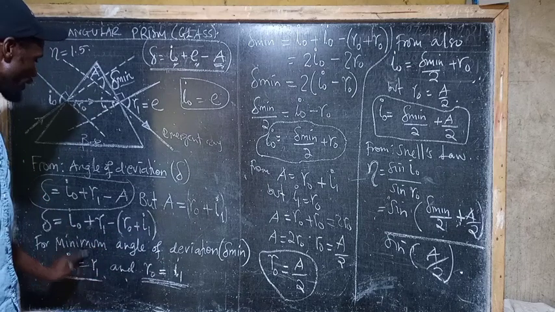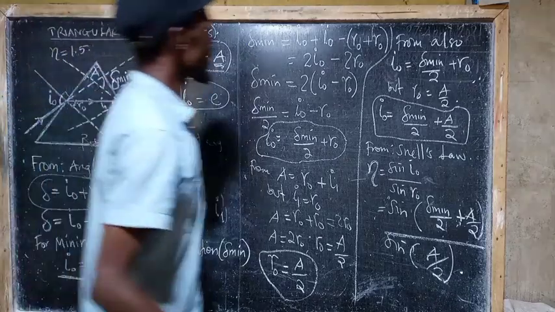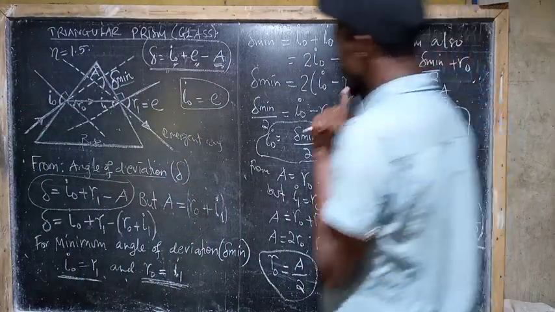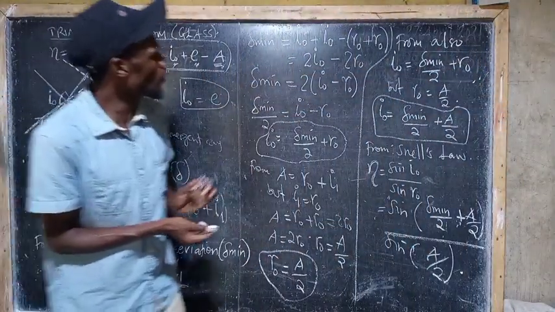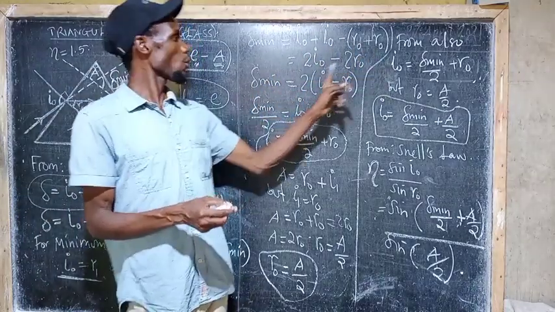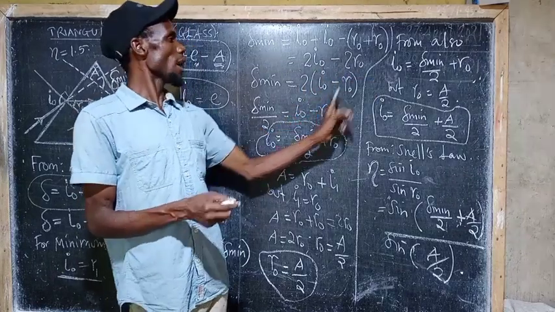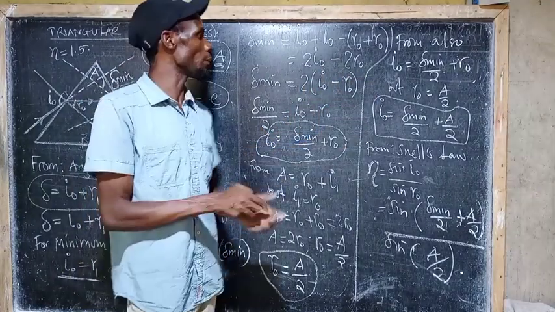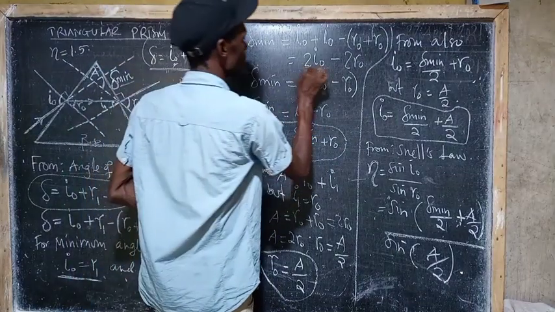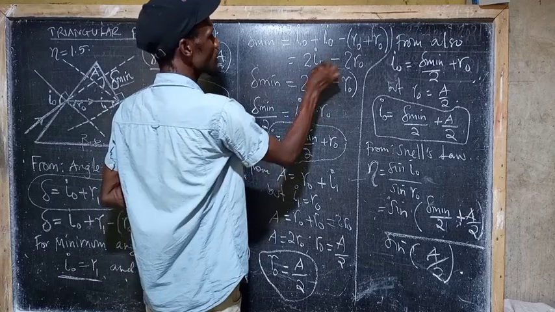Nimetumia principle ambayo ni hii hapa. This is a very important topic that you have to understand. Sasa by doing that principle, kwa kufuata hiyo by following that principle, nitajikuta these are like terms and these are like terms. Kwa hapa itakuwa ni 2I0 na hii hapa ni 2R0, ambapo sasa nitatengeneza kitu hiki hapa kwa sababu this is the common factor. 2 is the common factor, then it is taken out, then this one and this one,